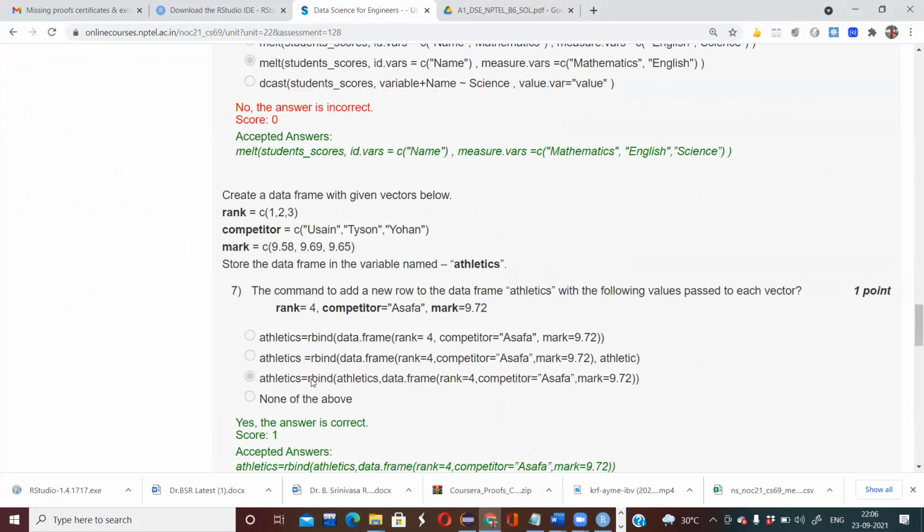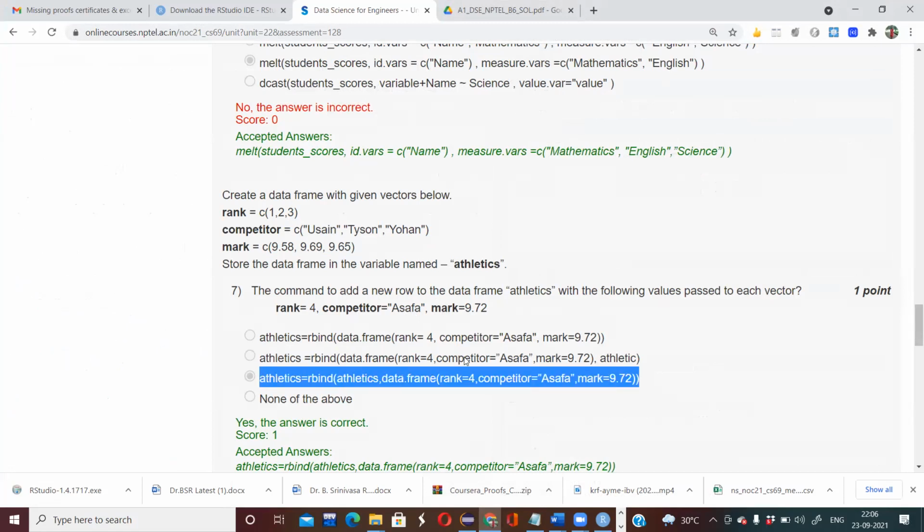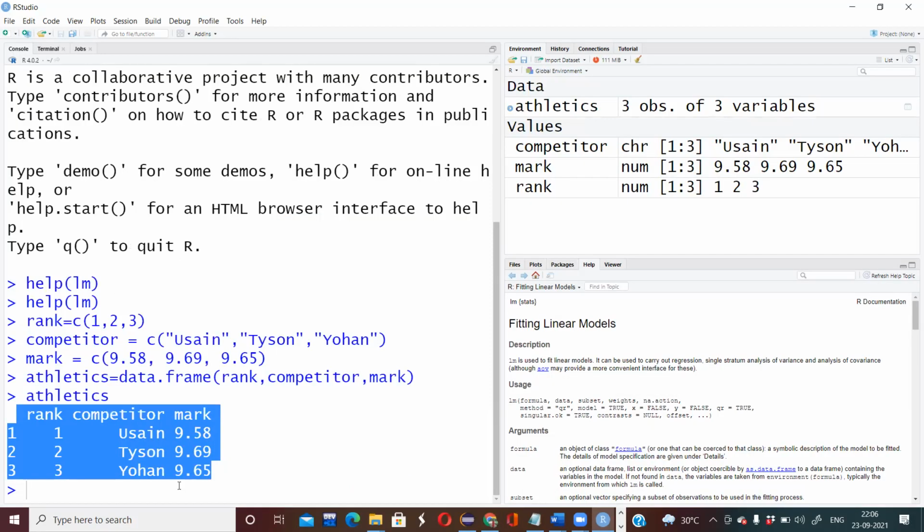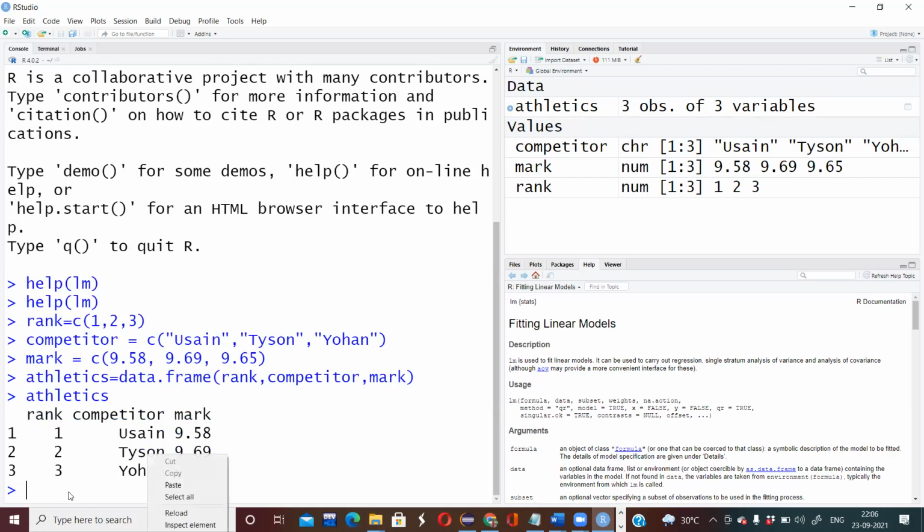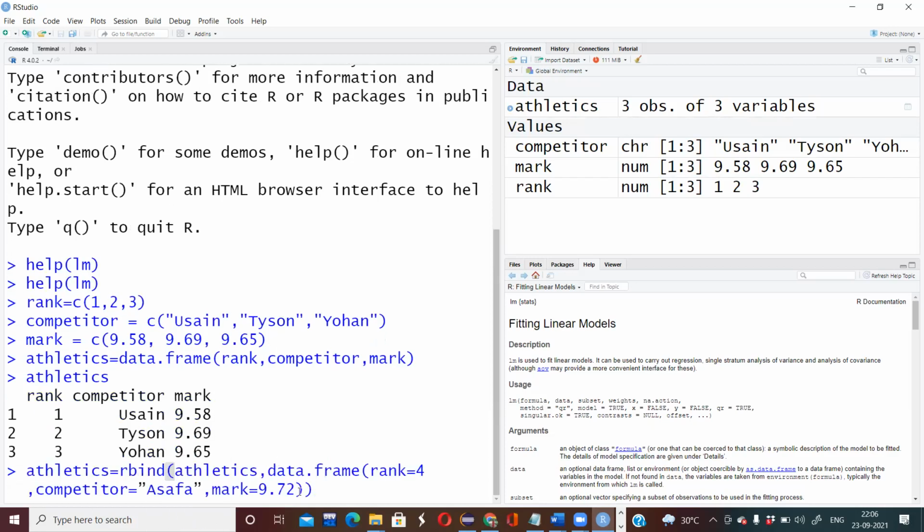So what should the command be? Let's execute this command. We are adding the row with the value rank as 4, competitor as Asafa, and mark as 9.72.